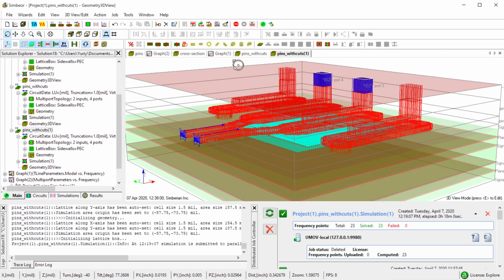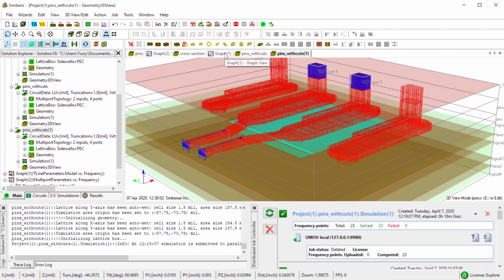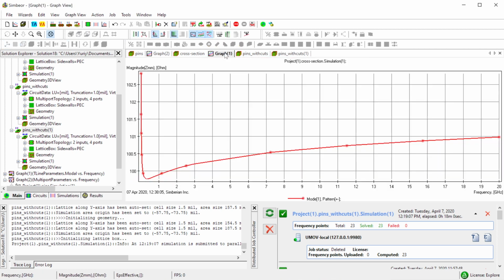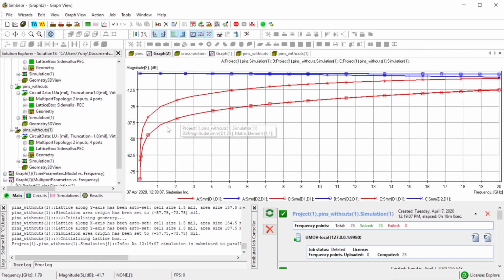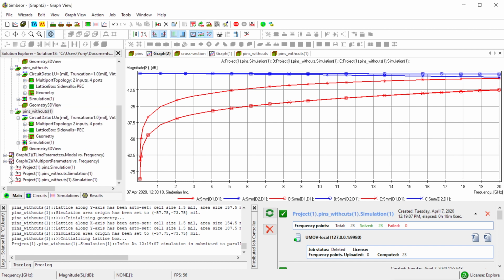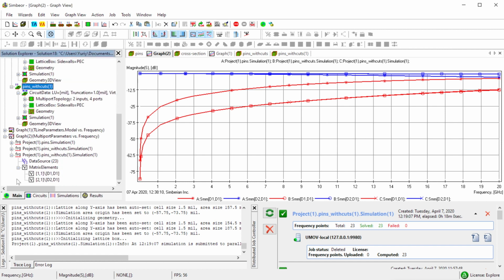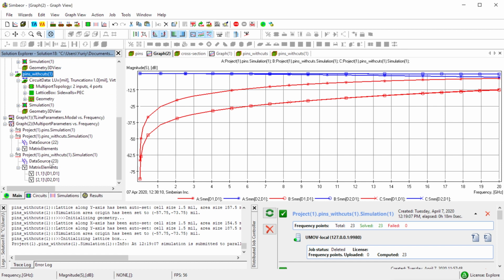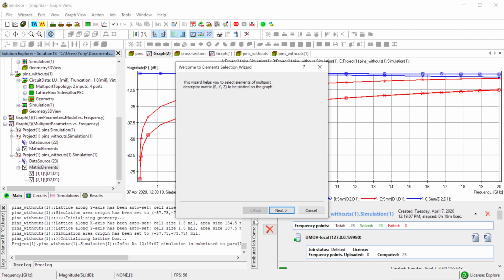So what we did here is construct a model. This model now can be used for complete channel analysis, and also we don't see any difference in differential reflection if you look at differential or common mode reflection, for instance. I just add elements.